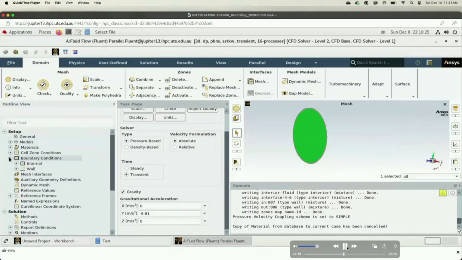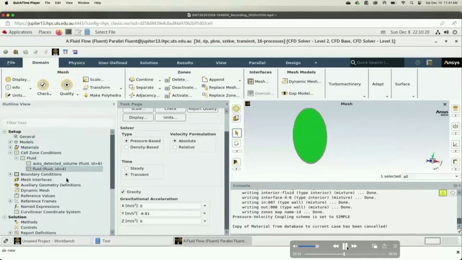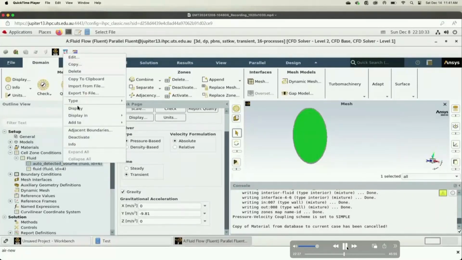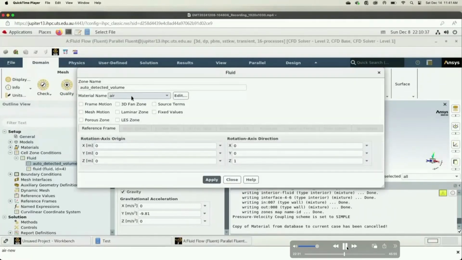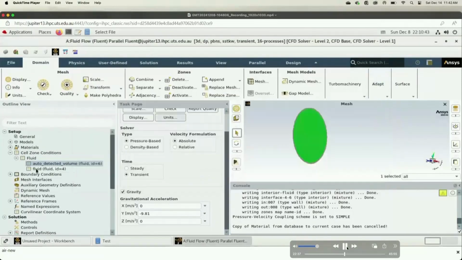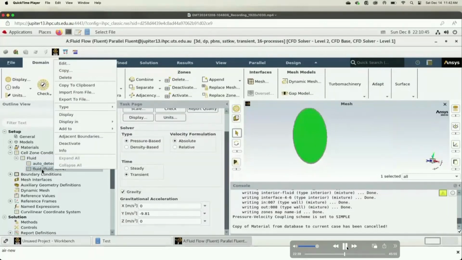And now to the cell zone condition, the fluid. So here initialize the volume of our tube. We can change or check what is set up here. So it's air, so it's okay. If it is not, you just choose air. And it's the same here because